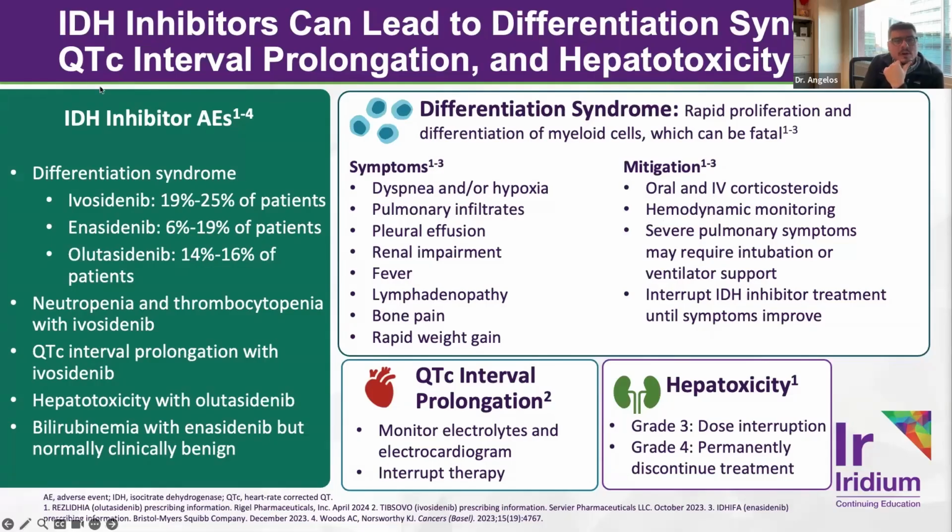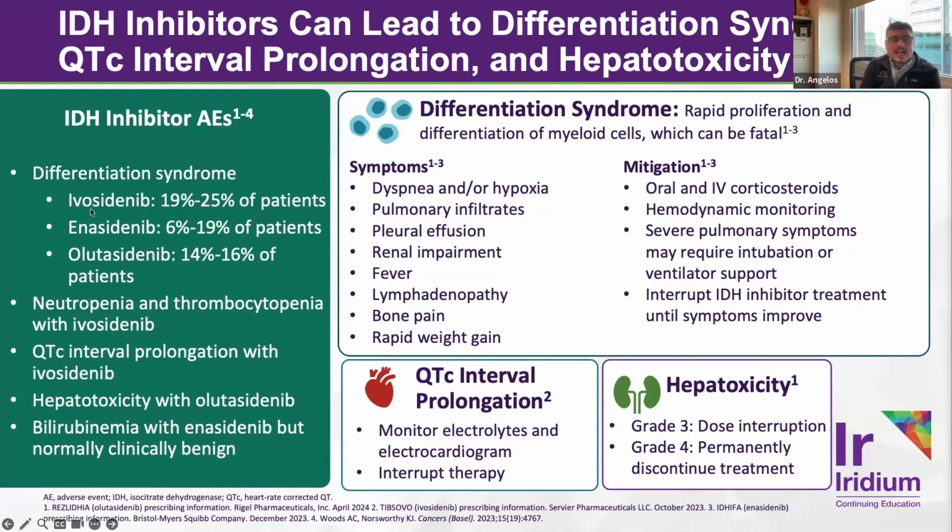Two of the main ones for these IDH inhibitors include QTc prolongation and also differentiation syndrome. So in my practice, I am checking EKGs prior to administering the drug, ideally having their QTc less than 480 milliseconds before starting, and then doing a check-in at least 1 week after starting the drug to make sure that this interval is not getting too long. But differentiation syndrome is in fact a real thing that can happen. It's a little bit different than what we see with giving patients ATRA for APL. It tends to happen a little bit more delayed.